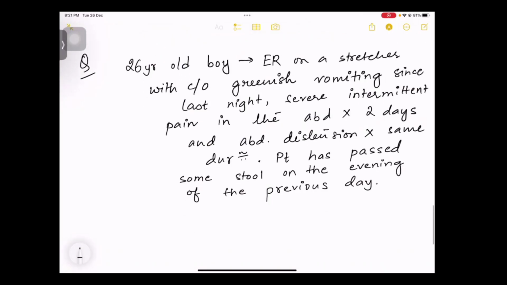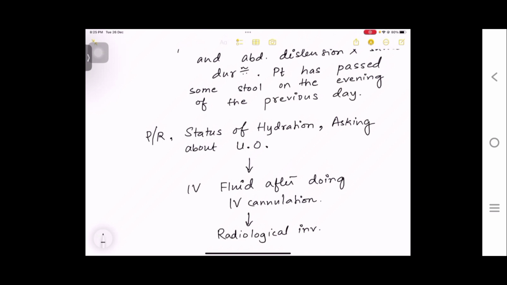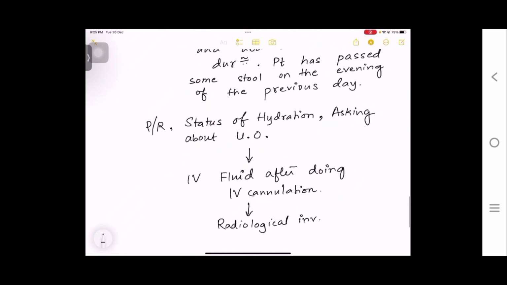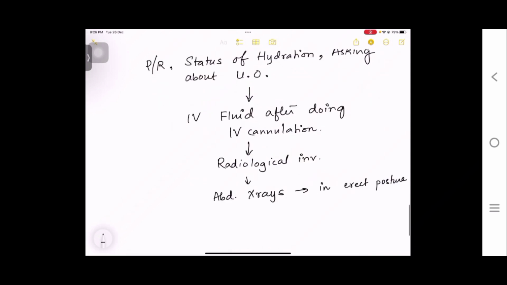Okay, now there is a clinical condition given to you where there is a 26-year-old boy who has come to the emergency on a stretcher with a passage of greenish vomiting since last night. There is severe intermittent pain in the abdomen since 2 days, abdominal distension, and there has been some passage of stool on the previous day evening. Due to the physical examination, you see the pulse rate, the hydration status, and you ask about the urine output. Now, as the patient has come into the emergency, the first step would be to resuscitate the patient by giving IV fluids. You also make provisions of cannulation to give fluids, to give medications, and to take the blood for